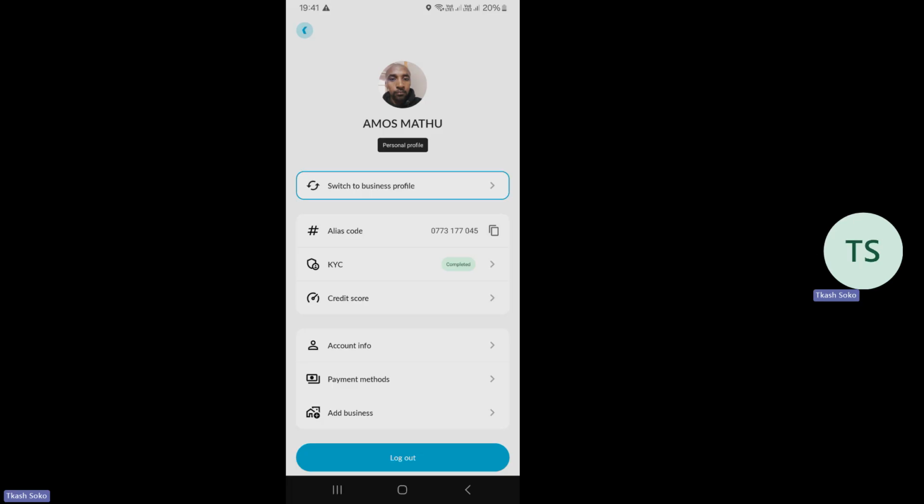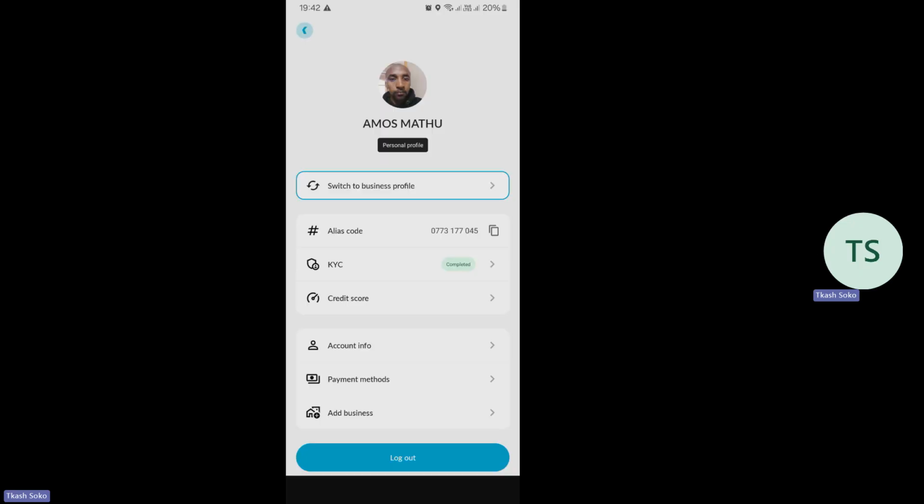Remember, you just need two things to do your KYC. One of the things that you need is your face and your ID. Why the two? Because for us to verify that it is actually you, we must make sure that the face we scan is related to both the picture at the front of your ID and the back of the ID. That is how the KYC is completed, and those are the requirements.